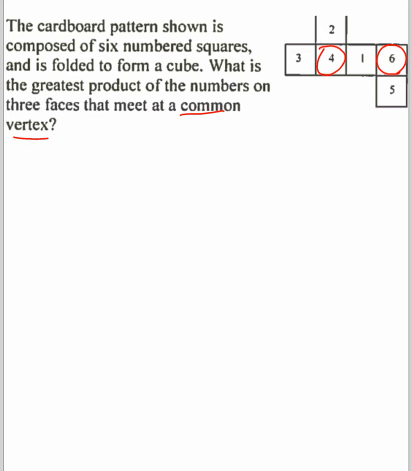Likewise, the 3 and the 1 are also going to be opposites. They will never meet, and likewise the 2 and the 5 will never meet. So that means if we look at those pairs, the 1 and the 3, the 2 and the 5, and the 4 and the 6, because it asks for the greatest product of the numbers on three faces that will